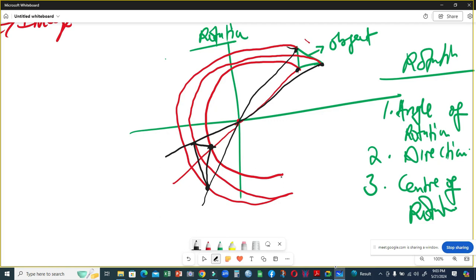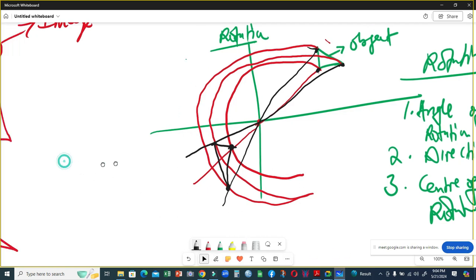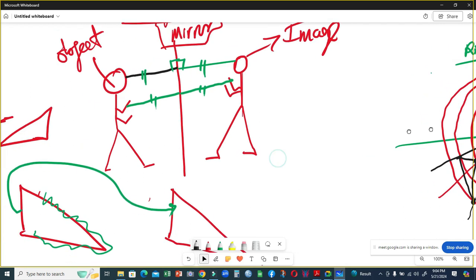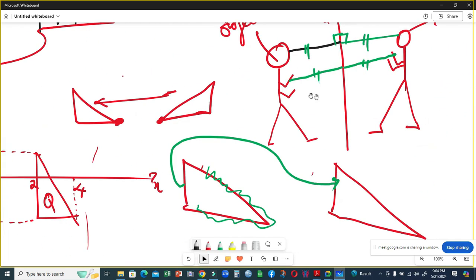So all in all, what are you supposed to know about rotation as far as paper 1 is concerned? Rotation deals with the movement of the object to its image in a circular manner. Now, if we come to our question here,